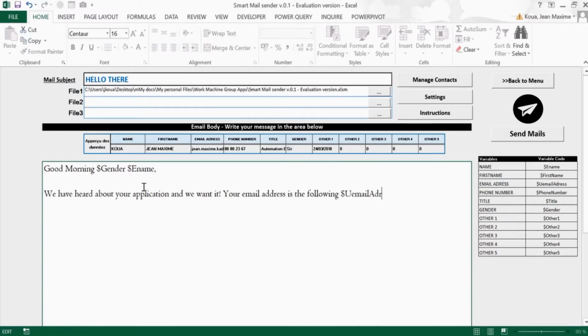dollar uemail address, just like this. And let's use as well the phone number. Your phone number is dollar phone number,